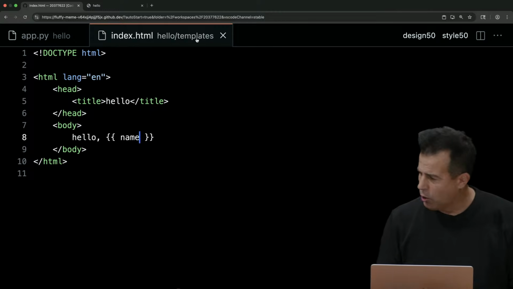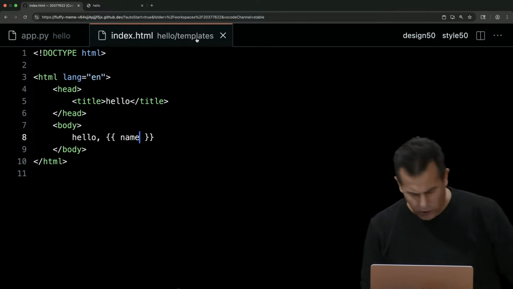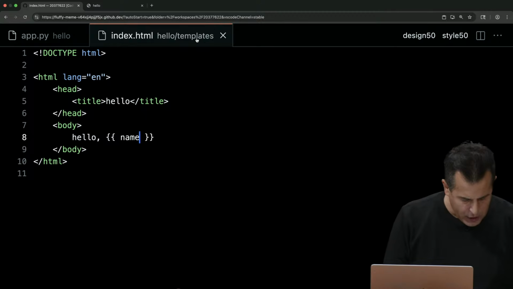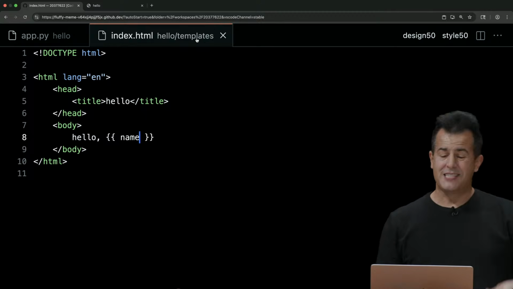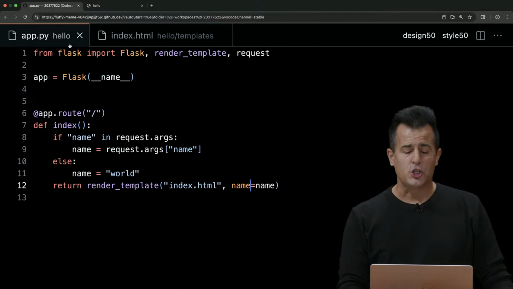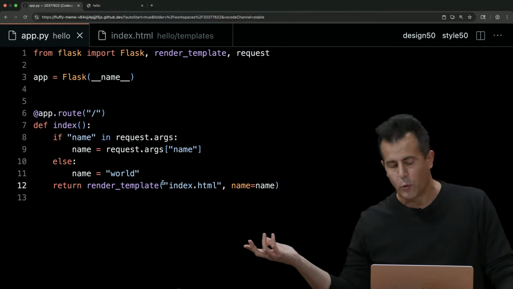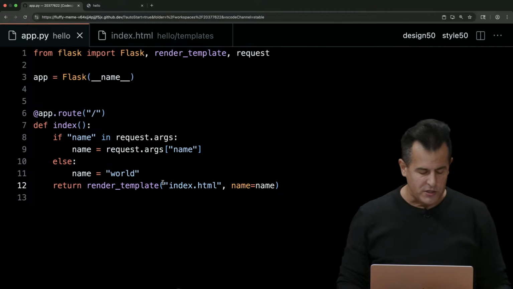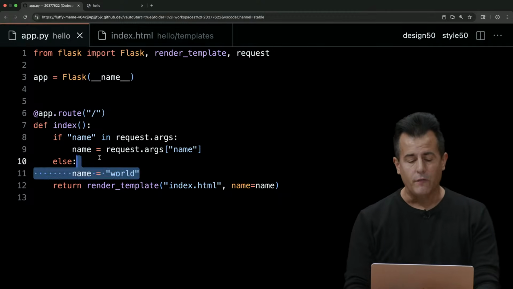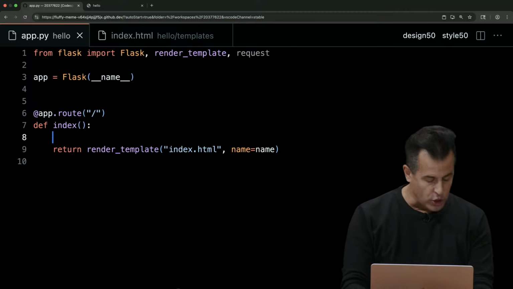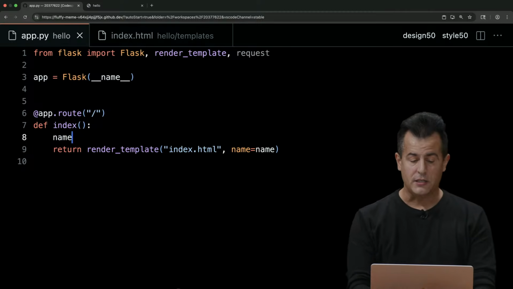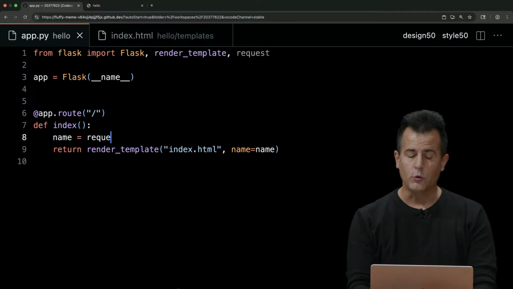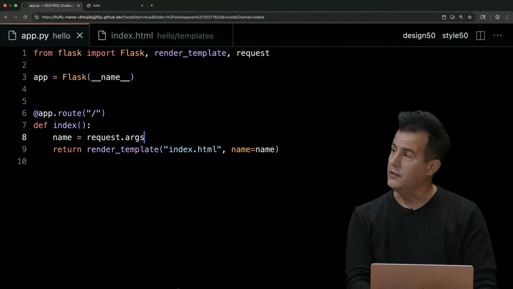All right, well, what more can I do after that? Well, let me propose that we can actually go in and simplify this code a little bit. It turns out this is so common, to just ask whether the parameter is there and then do something with it or not, that Flask comes with some logic to do this. And in fact, I can get rid of all 4 of these lines. Just go ahead and, with confidence, declare a variable called name, set it equal to request.args, but in this so-called